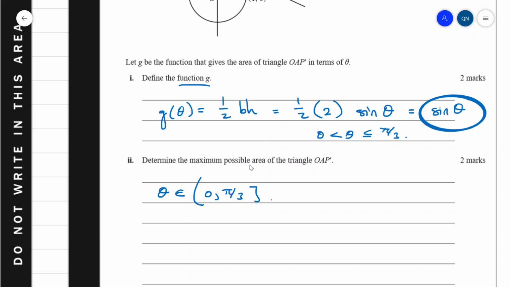Now we want to find the maximum possible area. So how do you find the maximum possible area? You can first of all find turning points. So you can find g prime, for instance. So what's g prime of theta? It's just going to be cosine of theta. And you solve the derivative equal to 0. So how do you get cosine of theta equal to 0? Well, you could have